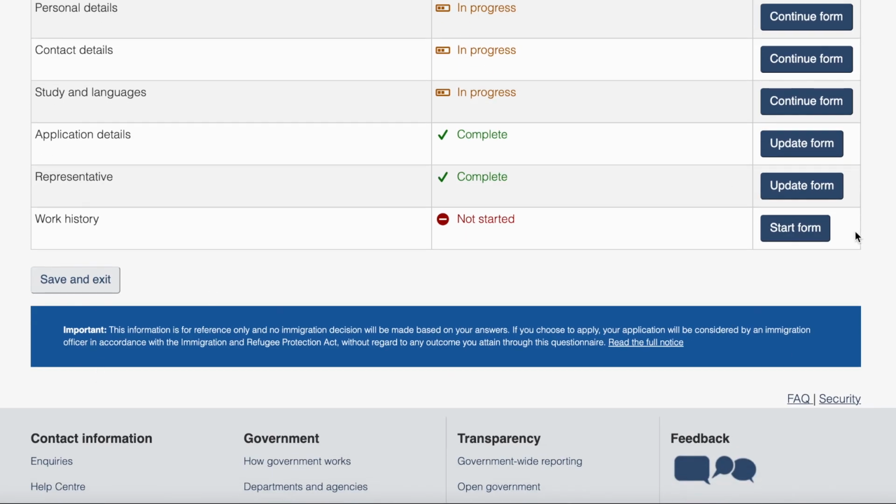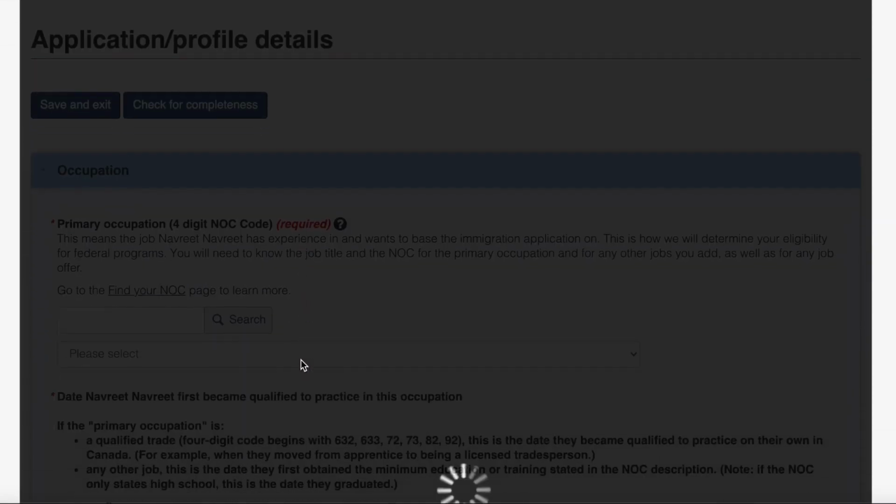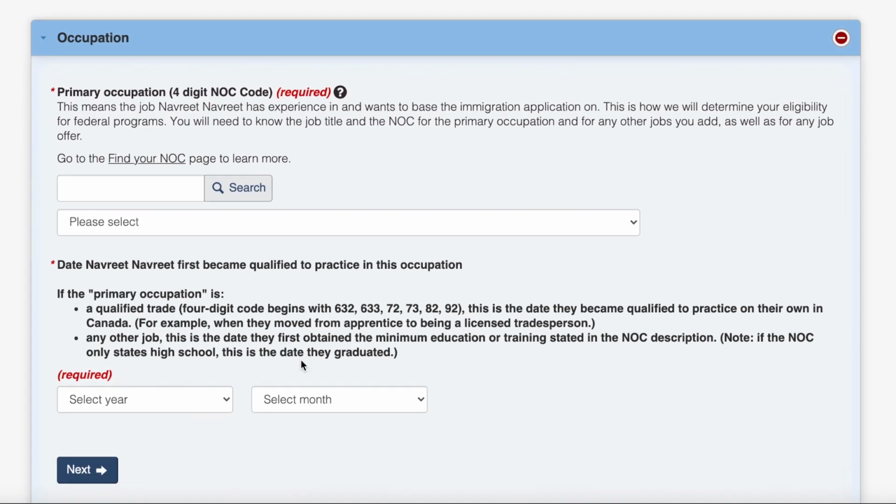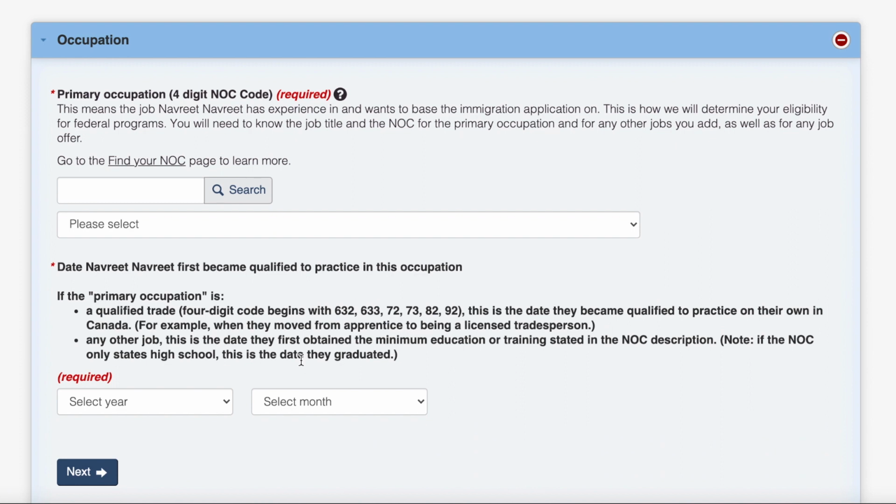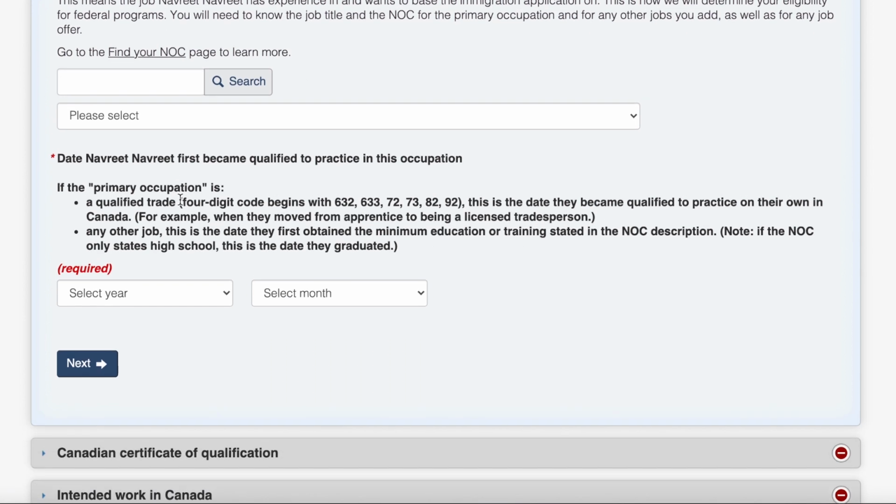And the last form is work history. So here you have to give your work history. Basically, for most of you, if you are applying under Canadian Experience Class, you can just give here the information about your 1 or more than 1 year Canadian work experience under NOC 0AB, which is going to be considered for the CEC category. So I just gave that information.